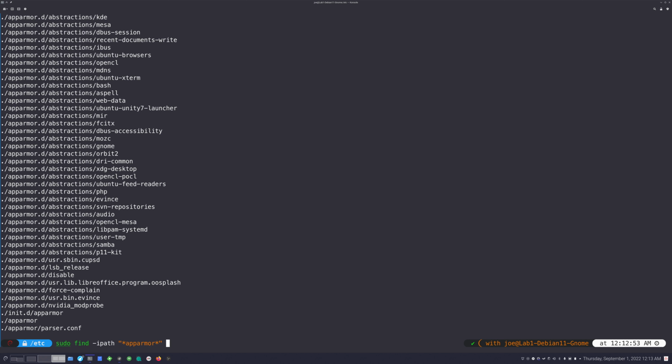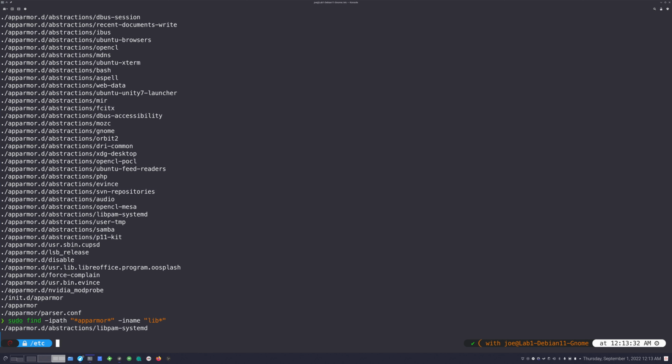Now, I can combine different ones too, so I can do -iname as well, right? And then I can say I want to find only stuff that, you know, has the word lib in it, right? So if I do lib like that, star, right? So that's going to find any file with the name lib at the beginning of it. And you can see I've got libpam-systemd there, right? And that's the only one it found. Okay, so that is how you would combine the two elements there. And you can see that I've got the i's in there, so it's case insensitive. So if there were a different file that had an uppercase letter in it anywhere, it would find it as well.